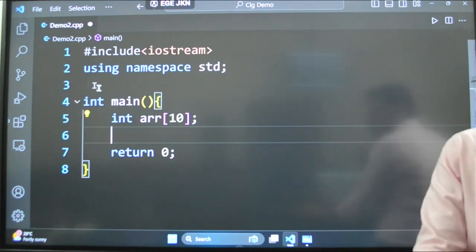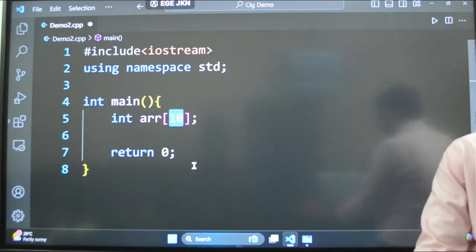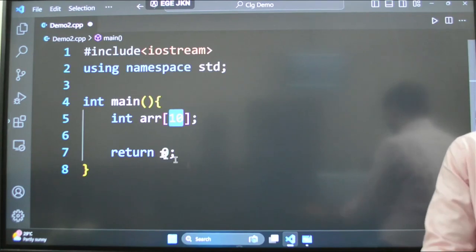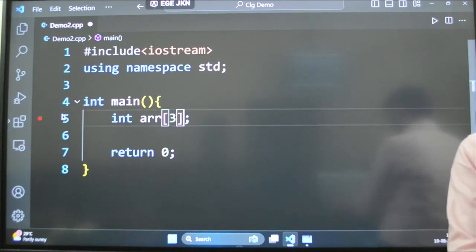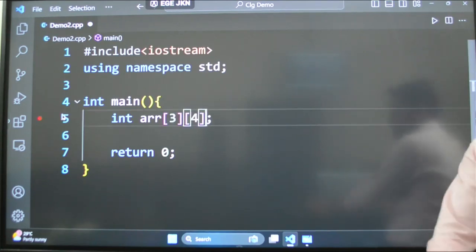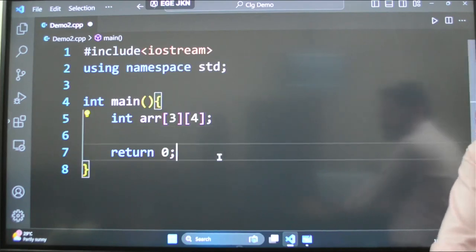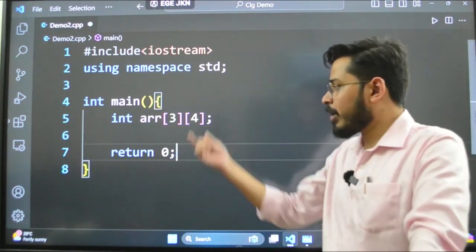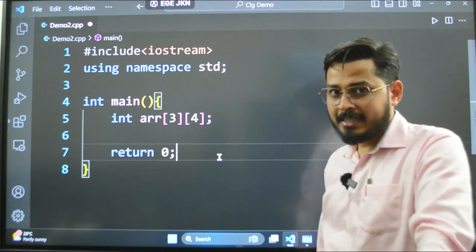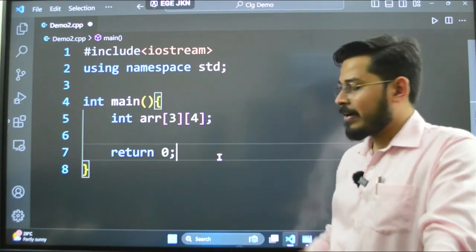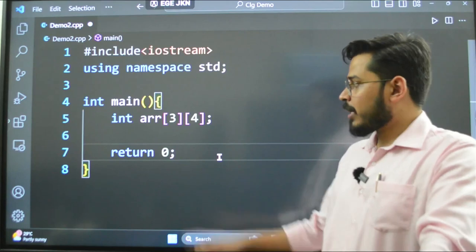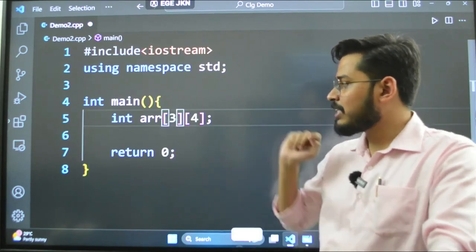If you want to create a two-dimensional array, let's say of 3 by 4 in this case, what I do is write one more square bracket, and in that square bracket I write the size of that dimension. The first number you see here is 3.